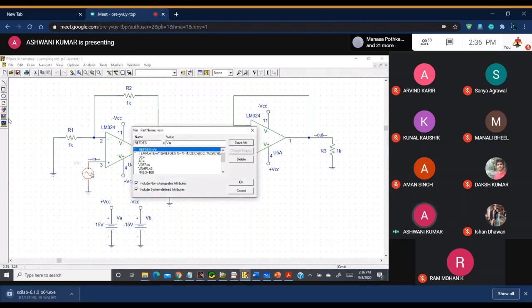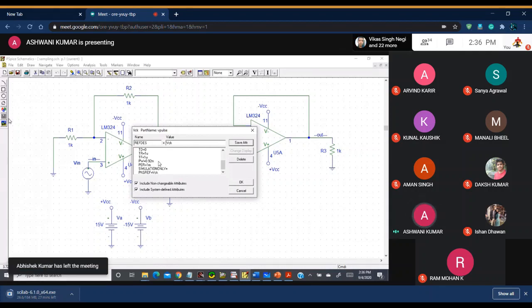Okay, so see, this is your input, and as input we are giving a sine wave. The amplitude is 2 and the frequency is 100 hertz. Here is the carrier wave, and the carrier wave is a pulse with rise time of 1 microsecond and fall time of 1 microsecond, and the pulse width is this. All of you know rise time and fall time. I hope all of you understand this.